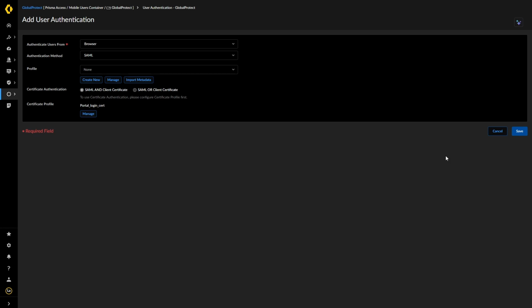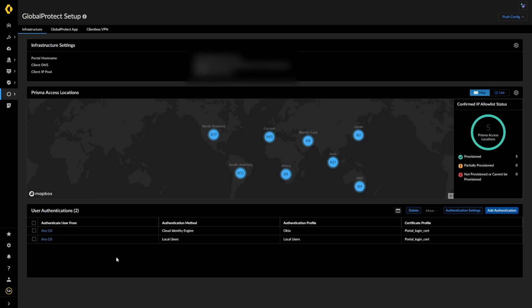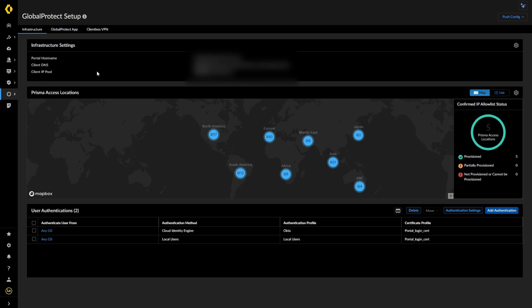Then when people try and log on, we're going to do SAML or client cert, so whenever anybody logs on, they're going to get redirected to that fake IDP, and thus it will break the chain of them being able to brute force it. However, that said, what a lot of people are wanting to do is wanting to reduce the amount of attacks. So if we look to put the rules in, and we put the rules in here